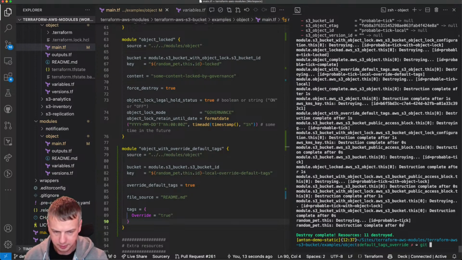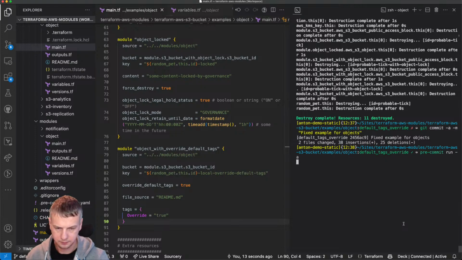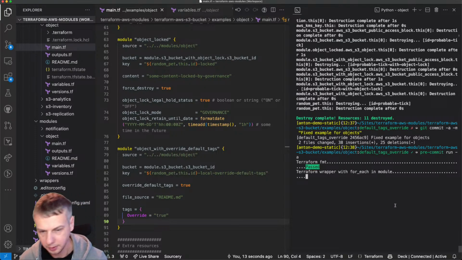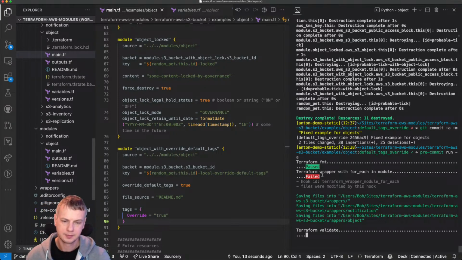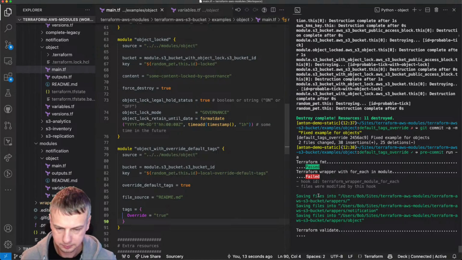So let's see, git, it's going to be fixed example for object, and we need to run all of this to update wrappers. Well, Terraform validated.